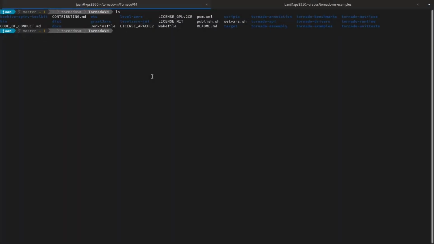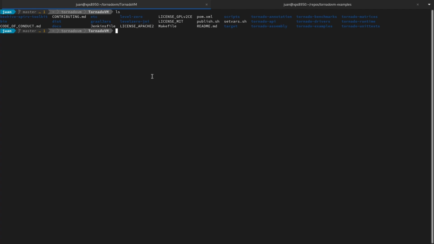Before we dive into the examples, I'm going to show you the TornadoVM configuration and the setup I'm using. So I already configured the machine and the TornadoVM environment to use all backends that TornadoVM supports, which are the OpenCL backend, the PTX backend, and the SPV backend. So if you wonder how to configure TornadoVM, I made a video recently explaining the setup for different operating systems and different backend configurations. I want to put a link in the description down below in case you need to check that